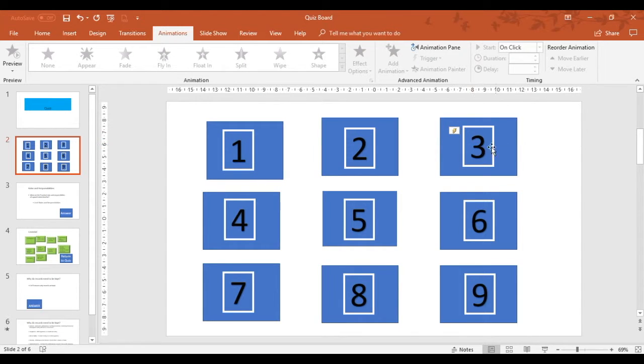Now number 3 has already been set up, so I'll demonstrate number 1 in this activity. What we're going to do is use hyperlinks and triggers to enable us to control this assessment grid. So I'm going to click on the